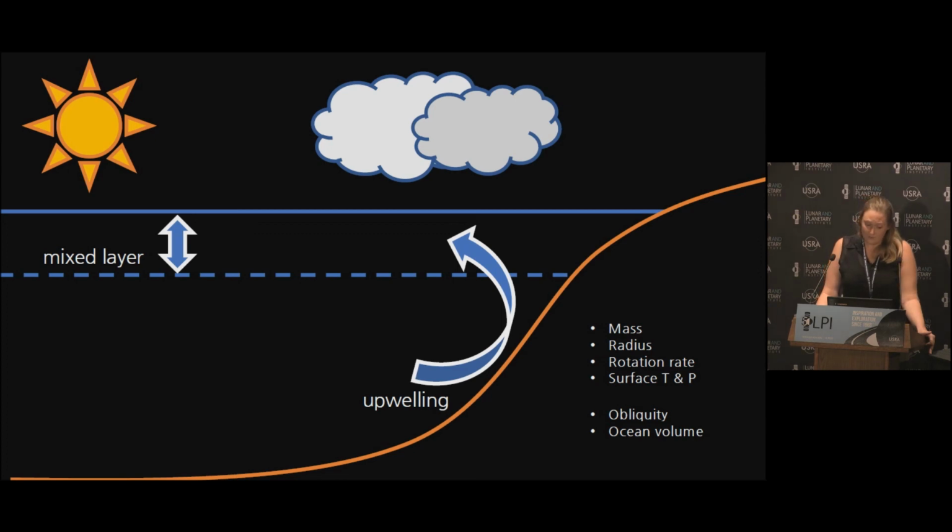And not only does that affect the efficiency of gas exchange between the deep ocean and the atmosphere, it's also going to affect things like nutrient recycling on a planet, which may in turn limit the productivity of biospheres and their detectability. And so I think that this is a great opportunity for models like Rocky 3D, which we've already heard about several times at this conference.